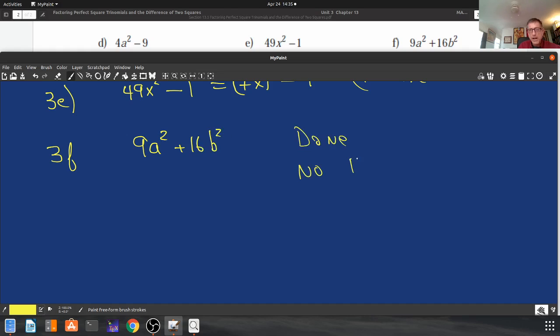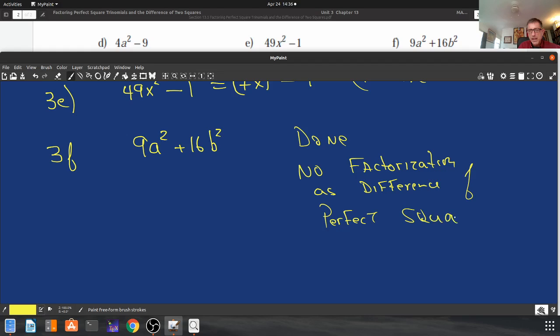No factorization as a difference of perfect squares. Why? I was done immediately. I know 9a squared is 3a in parentheses squared, and 16b squared is 4b in parentheses